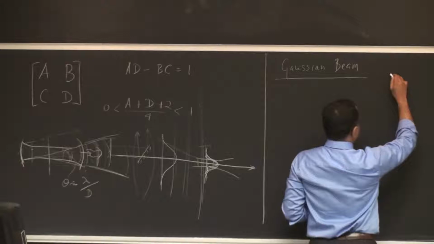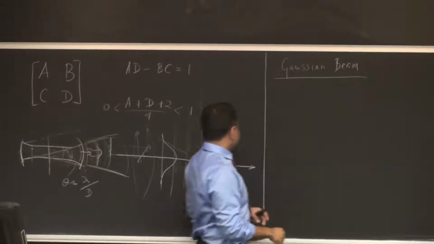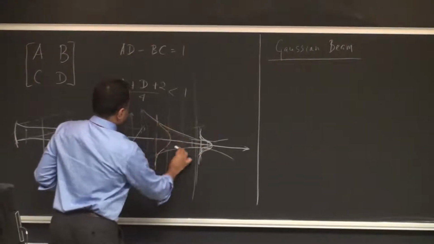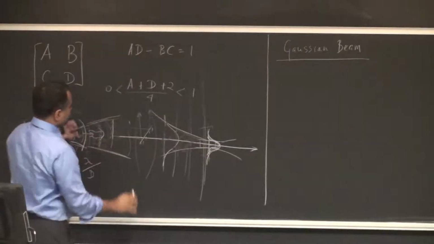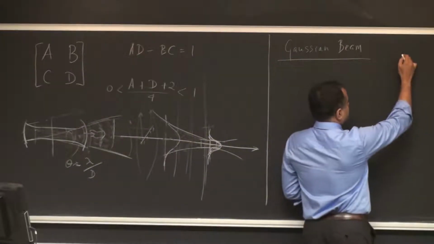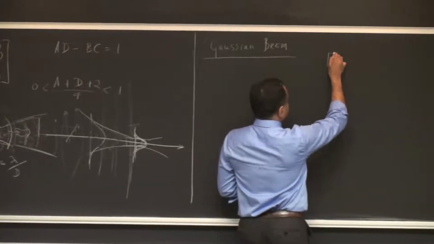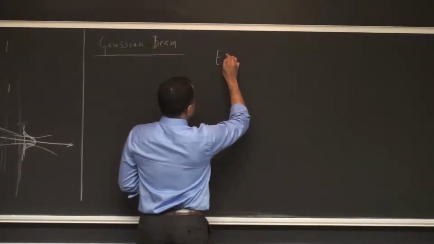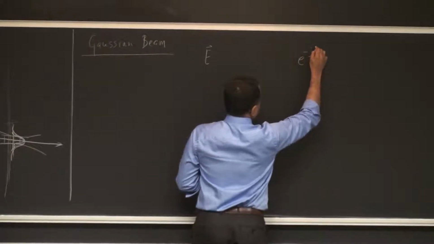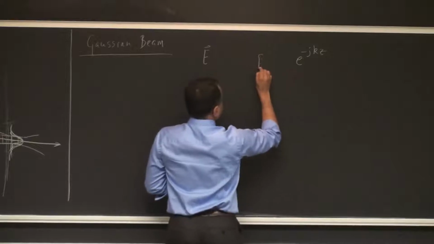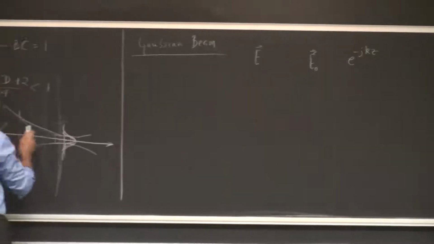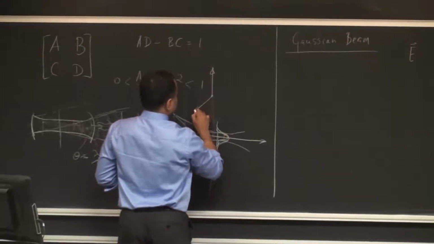Again, we said that let's assume that the electromagnetic wave here, the laser beam, wherever it is, is propagating in a uniform material medium, and then we assume that the electric field, instead of being a plane wave, right? A plane wave looks like E naught e to the power minus j k z, as a vector. A plane wave would look like this, where the electric field is just oscillating